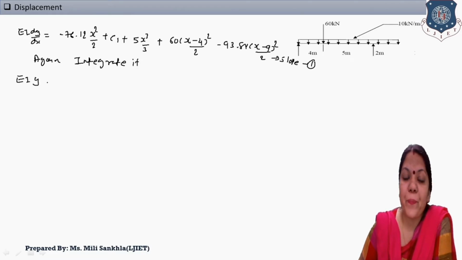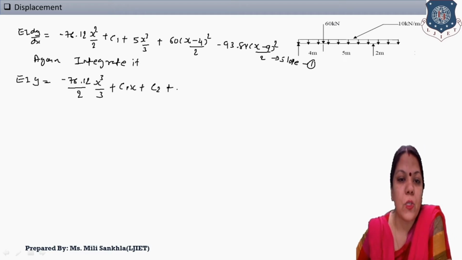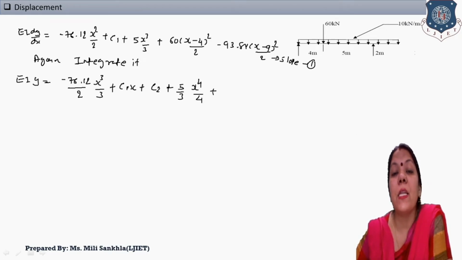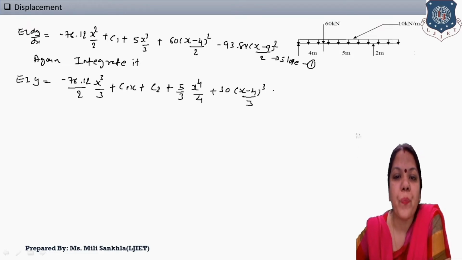That is y, equal to minus 76.12 by 2, and the integration of x² is x³ by 3, plus the integration of C1, which is C1x, plus C2, and again our constant 5 by 3. There is no need to divide it, x⁴ by 4, and 60 by 2, that is 30, and the integration of (x minus 4)² is the cube by 3,